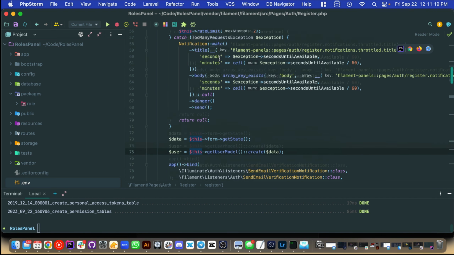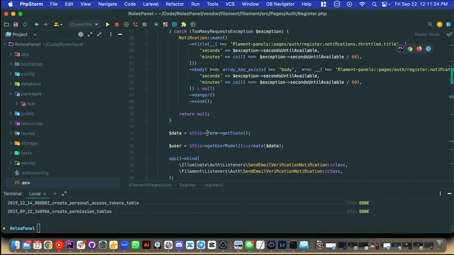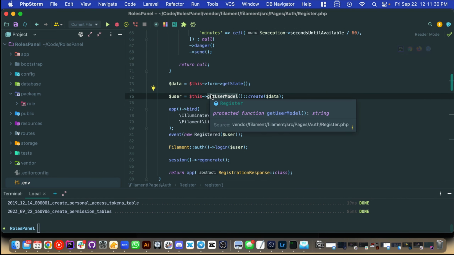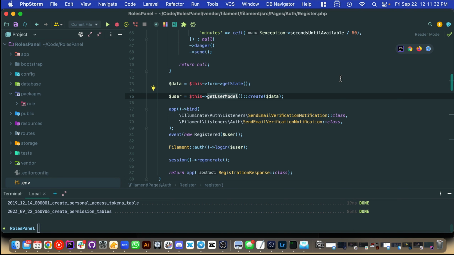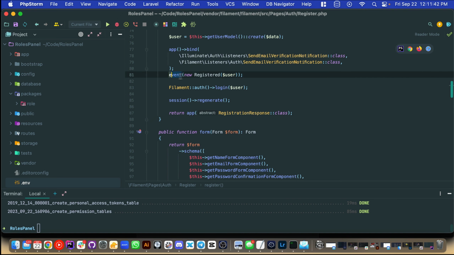Right, so here's where it actually is doing its magic. It's going to go through and there's a rate limiter on it, and it gets the state. So we have the form, and that's set to our data. And then we're getting a user model, which in most cases is the user model at models user. And then we're just calling create with that data. And we're doing a couple bindings, and we're checking if we have to send email notifications. And then it fires off this event registered, and it passes that user through this